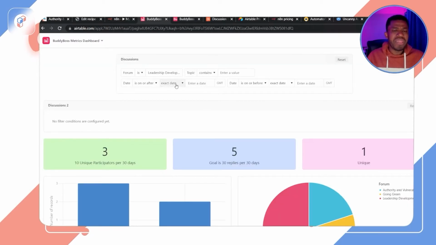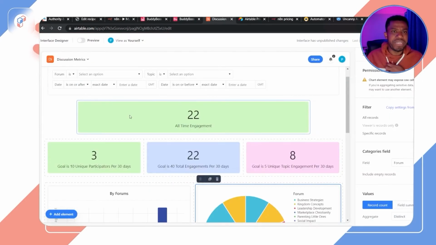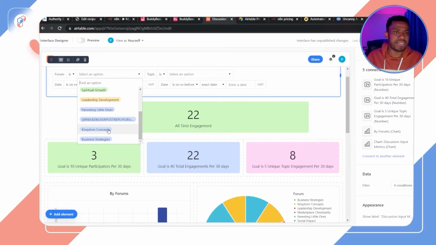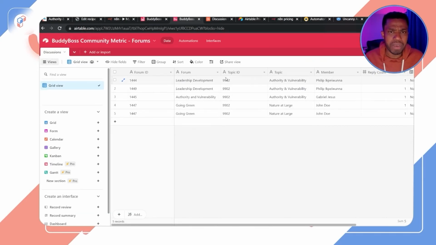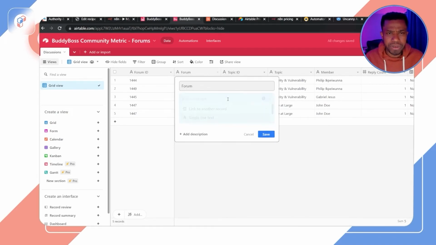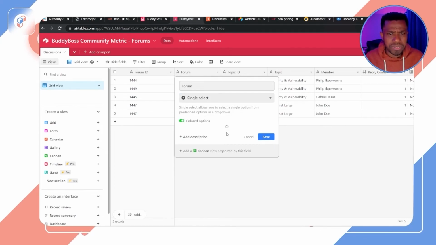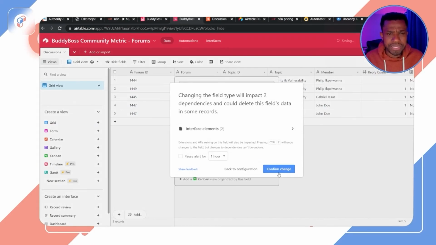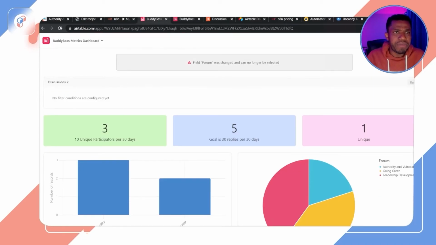And then another better way to do this would actually be to convert this column here to a drop down, because that's what I've done here. So you can see here, if I click on this, I can see, right? So to convert this, let's go to our table. Let's convert this to a drop down. So I'm going to go here and let's call this single select, and then I'll just save that. Yes, configure. So it's going to do that for me there. And then if I come here and refresh,